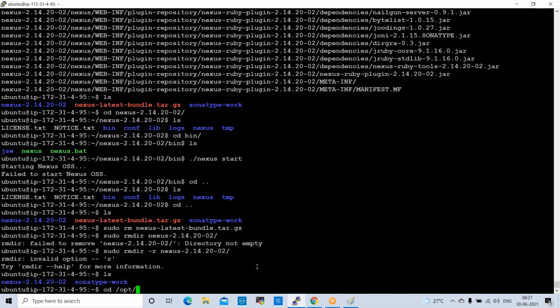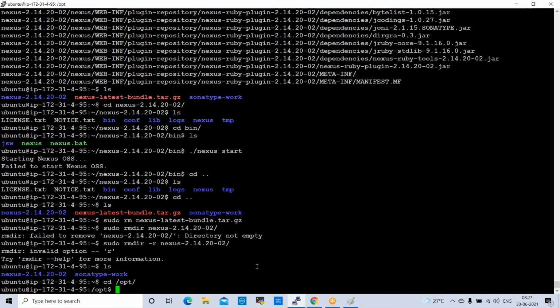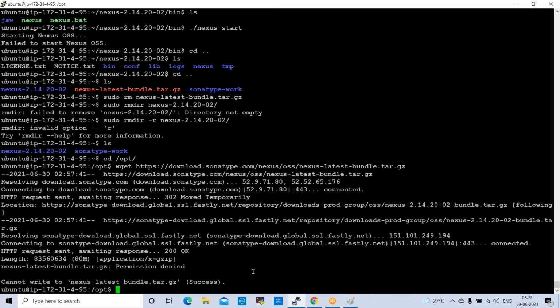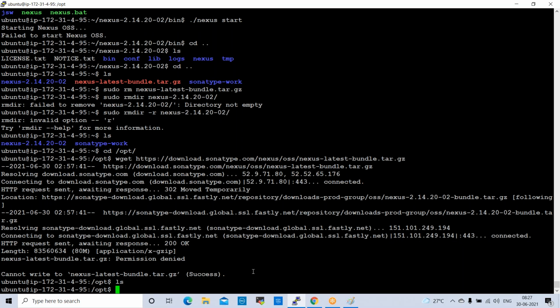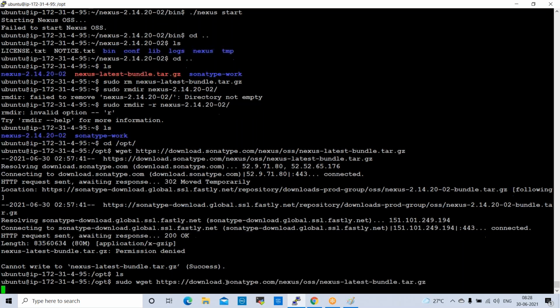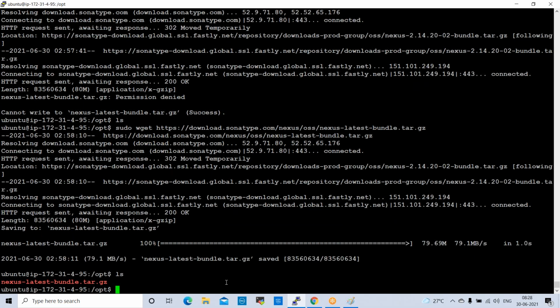Here I want to download. wget. ls here. Nexus latest version tar.gz, permission denied. Yeah, now it is downloaded.